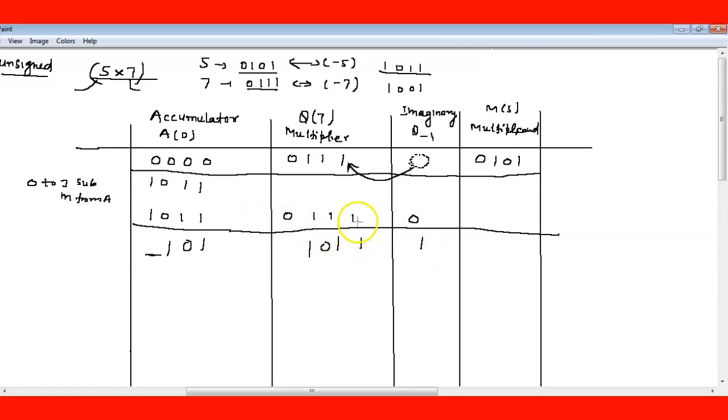So we are doing the right shift here. This bit will be discarded. This one will come here, this one here, this one here, this 0 is here, this 1 is here, and now in this empty spot you have to write its previous value. The MSB is retained: MSB is 1, so this also will be 1; if this is 0, then this will be 0. So the first step is over. This is the first step.